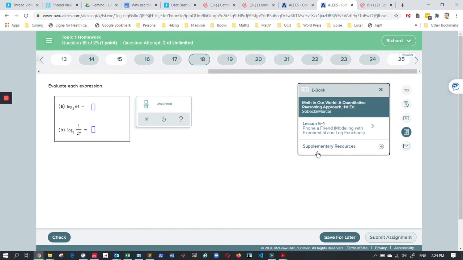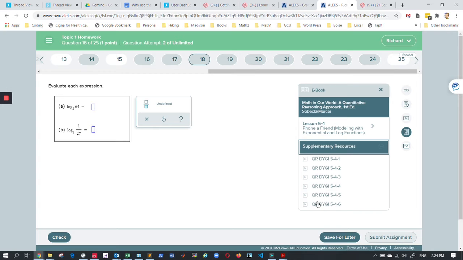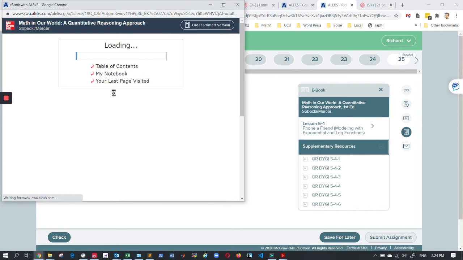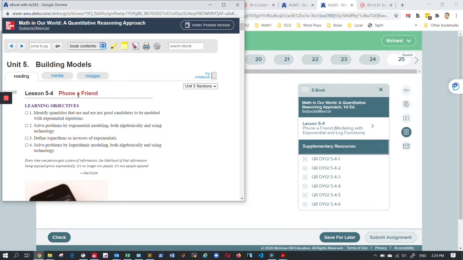Here's the ebook. Supplementary resources are going to also give you the videos. And you can go to the lesson about logarithms. So you click this, and the ebook pops up. And you can read. It's a textbook, right? So there's stuff here, and while I've got this open,